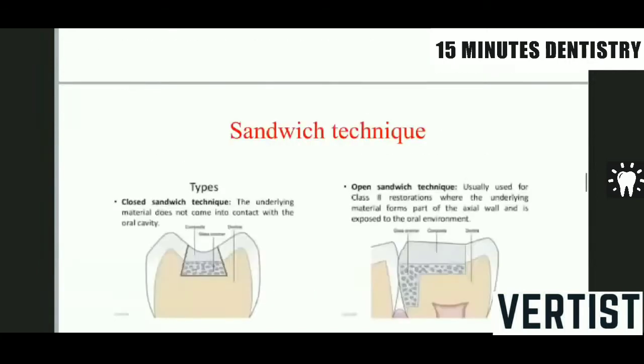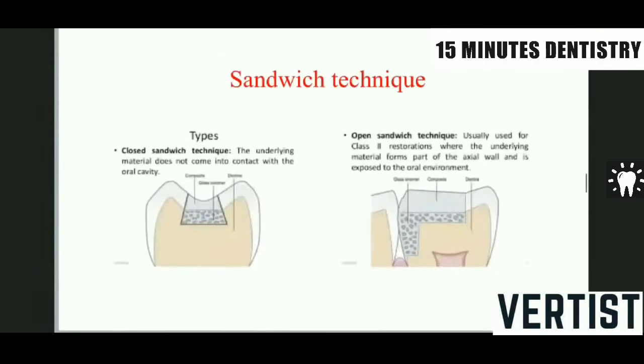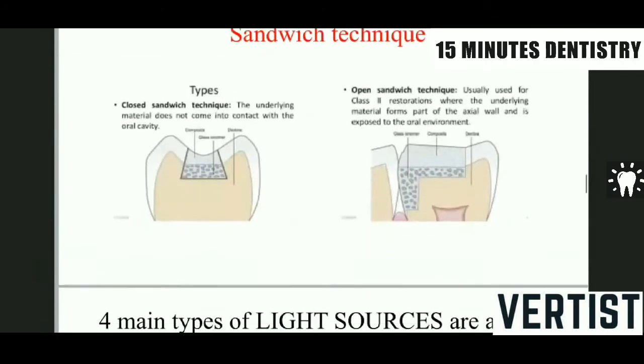Now there is another short note which is commonly asked, that is the sandwich technique. What do you mean by sandwich? As everybody knows, sandwich means there has to be something in between two things, right? These upper and lower things are the same, and the middle thing is something different. That is known as a sandwich. That is, in between two homogeneous or similar particles, there is something dissimilar to the two.